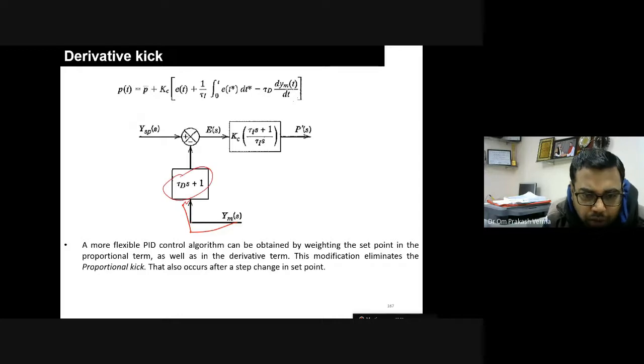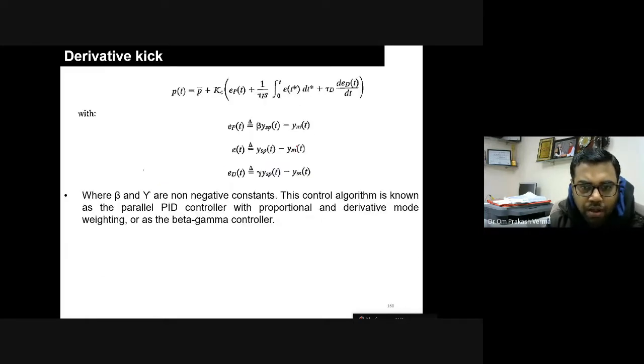तो इस तरीके से हम इसको देते हैं dym by dt को, यहाँ पर हम इसको tau ds, क्योंकि ये प्रोपोर्शनल PD कंट्रोलर, this is the PD controller and this is the PI controller, right? This is the PI controller and this is the PD controller, and overall this is the PID controller, right? इस तरीके से हम इसको डिजाइन करते हैं. So आप लोगों को इसको मैंने कल बता दिया था कि why we take ET is equal to nothing but the set point minus the measured value, and we have taken this in order to avoid your noise, or you can say the high frequency values in the PD controller generally.